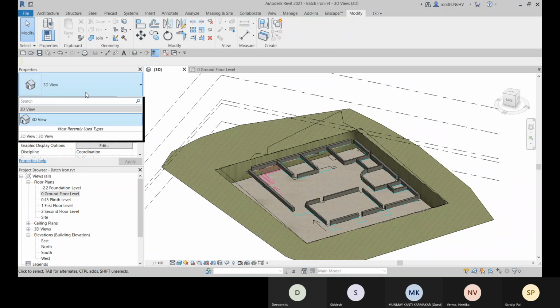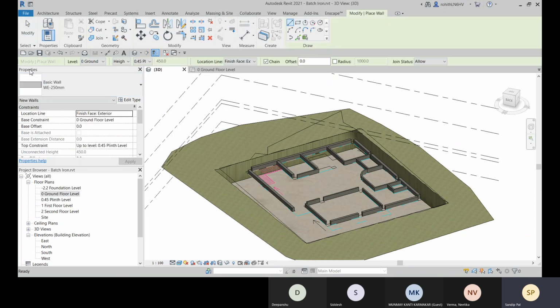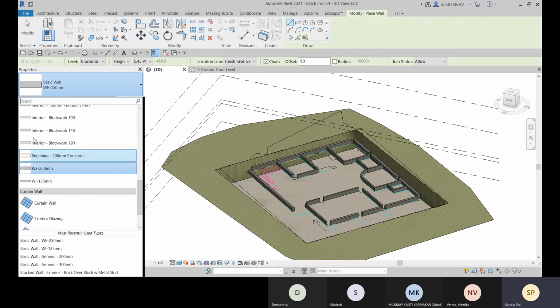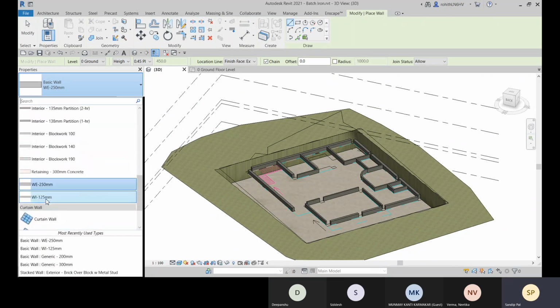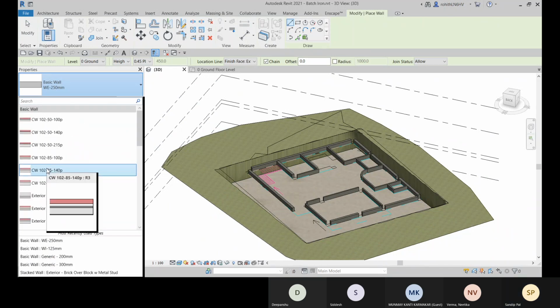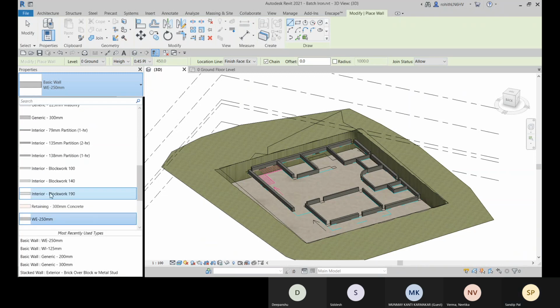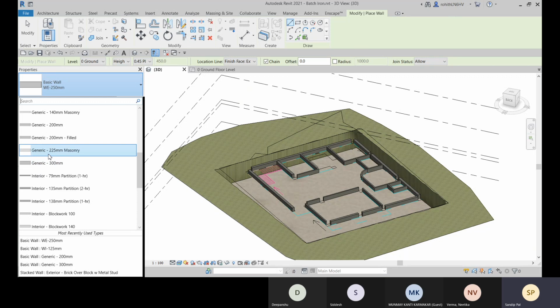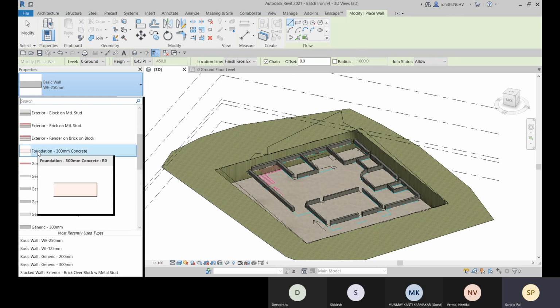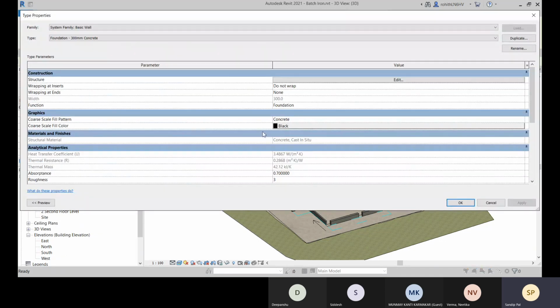So let me create. Go for the WA shortcut. And here we have some foundation walls. Where are those? Okay, those are not available. Okay, here. So we have some foundation walls already created. So we can choose that, and with that we can start duplicating and creating our own.